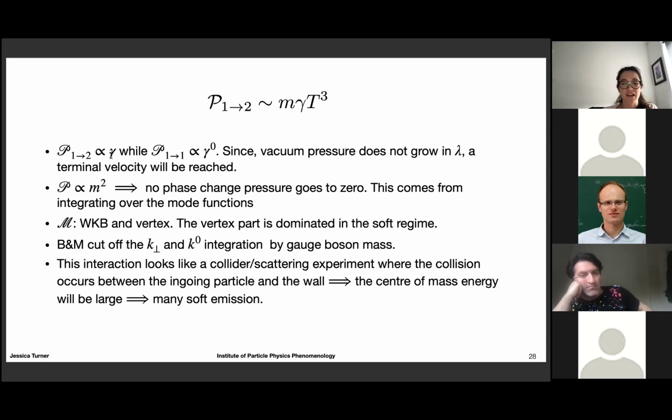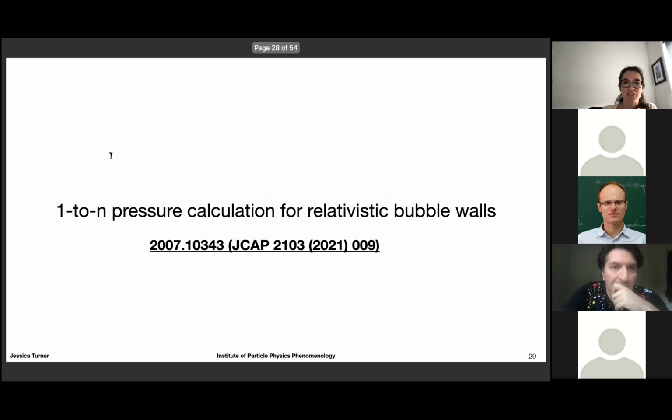And I thought this was a very interesting paper at the time, and my collaborators and I at least felt we could use the physics of scattering or collider experiments to model the momentum transfer from the incoming particle to the wall. Because typically where you see these vertex functions is they come from Altarelli-Parisi splitting functions, which are the basis for a parton shower. And based on that intuition, you might expect that there's a large center of mass energy in between the wall and the incoming particle. So you may expect there would be many emissions,